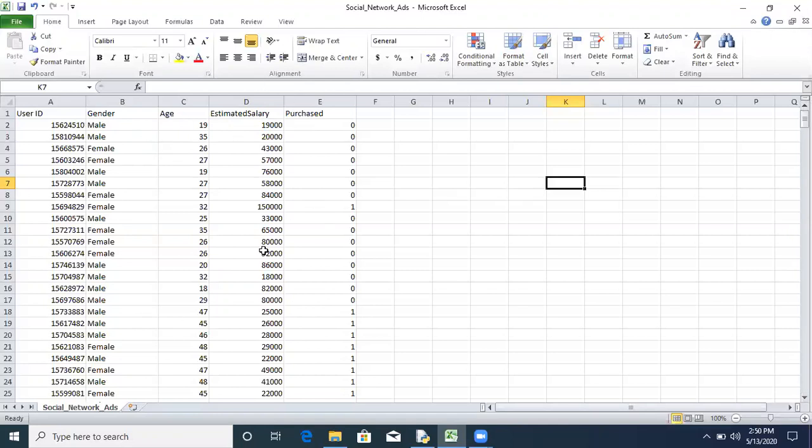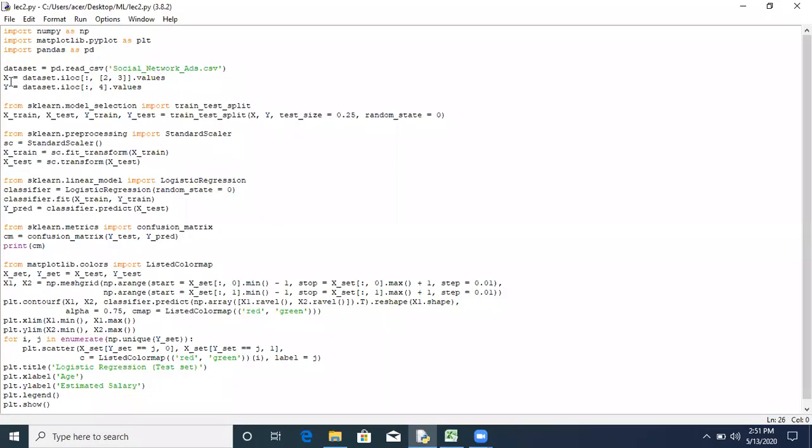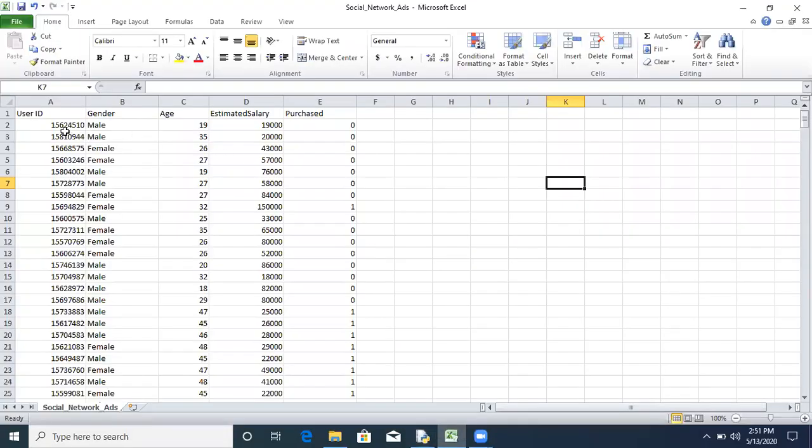Out of these 5 columns, we are taking age and estimated salary as input columns. So here in code, we are assigning input to column number 2 and 3. So this is column number 0, user ID. In Python, the counting starts from 0.